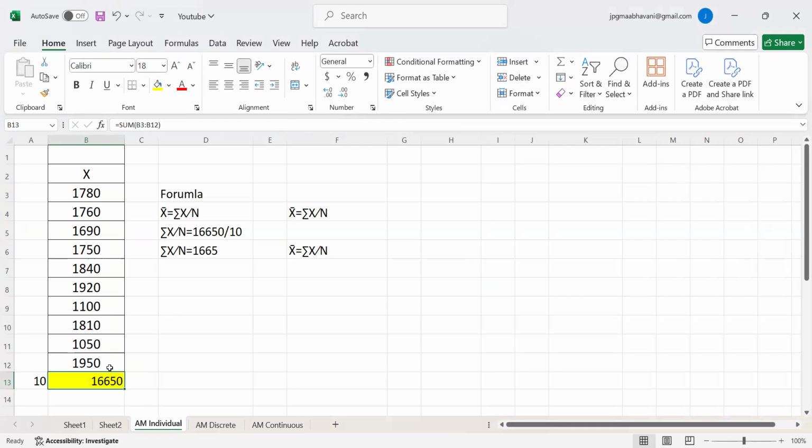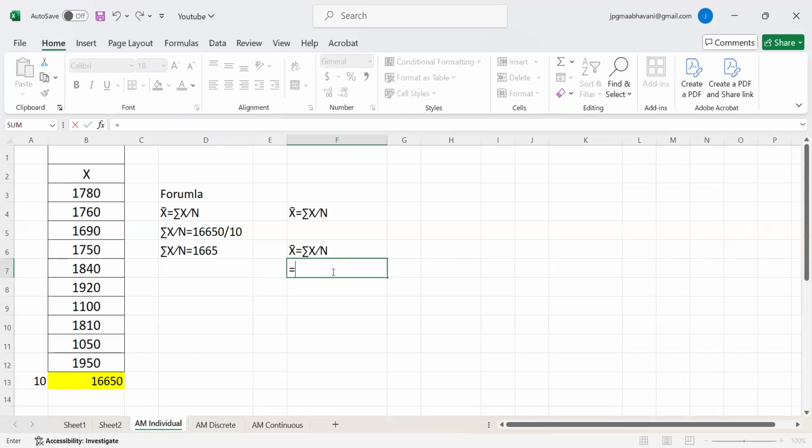This you would have either done by using a calculator or on your own using your brain cells. But then we apply the brain cells to a much easier job, and we simply press the sum total button here. Now, if I have to get the answer sigma x upon n in an easier way, again press the equal button. After pressing equal, select